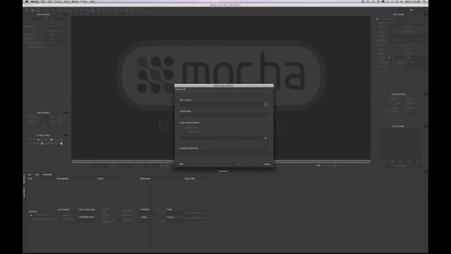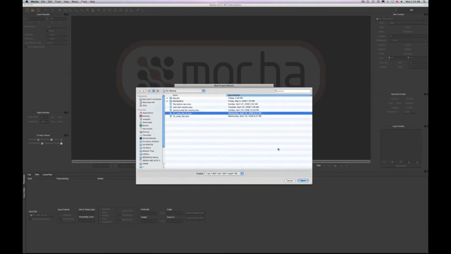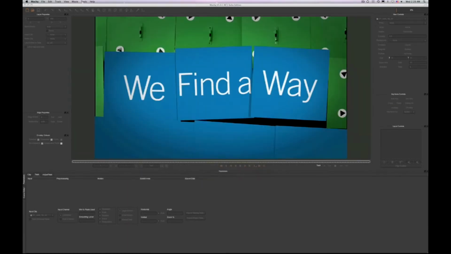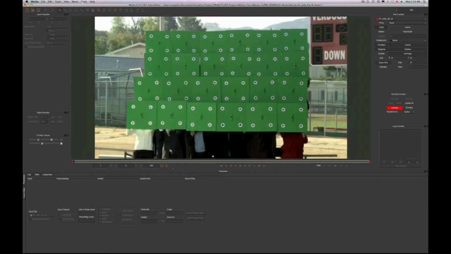First we're going to import the file. I usually export a little bit more than what I need just to make sure that I have all frames in. In this case we have 1 frame extra at the beginning, so I'm going to move 1 frame forward